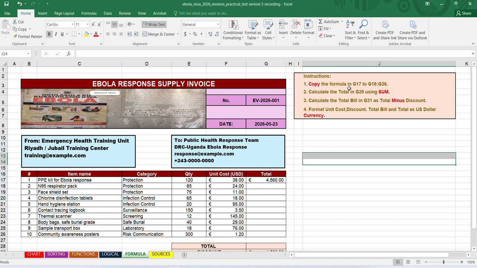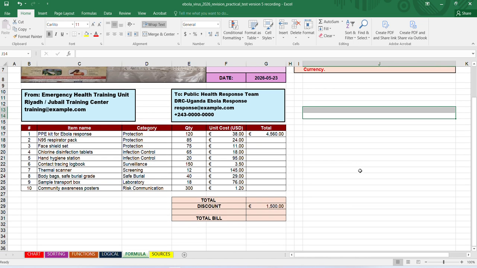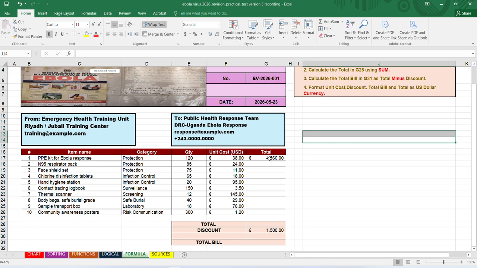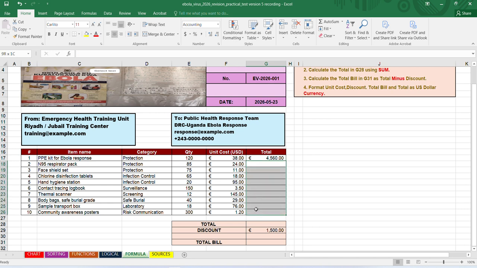Copy the formula in G17 to G18 up to G26. The formula is already there. It's given. So G17 is here. To copy this formula, you must apply it here or copy up to here.